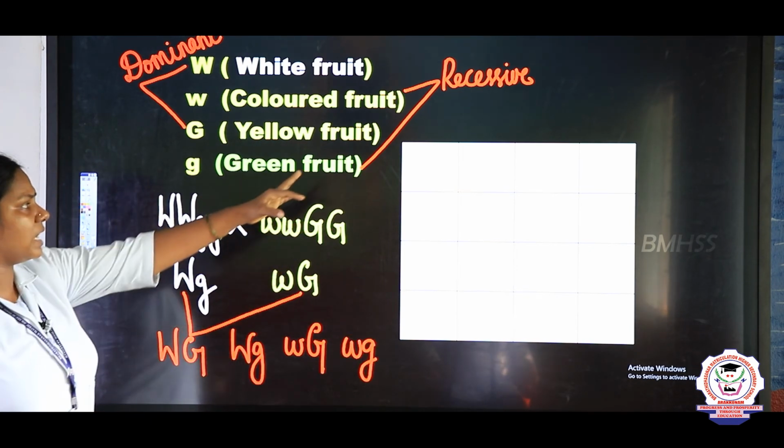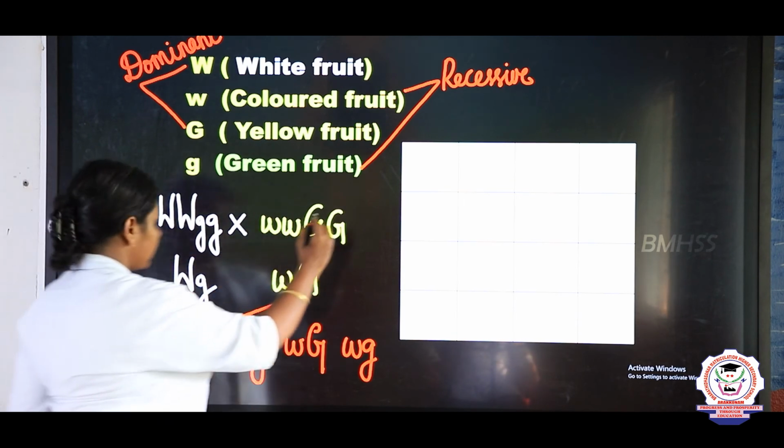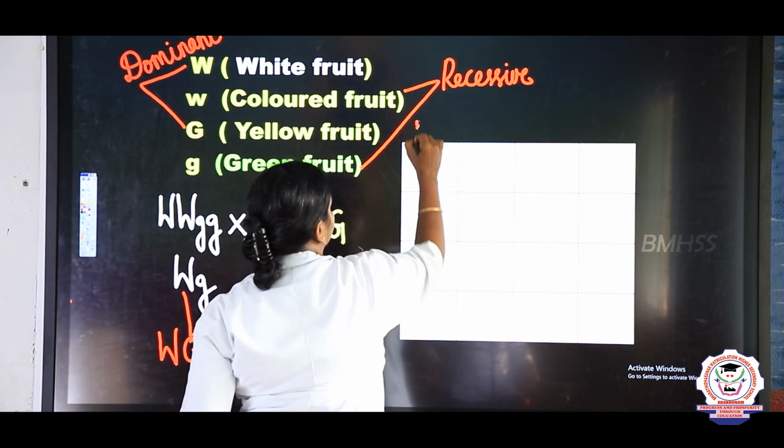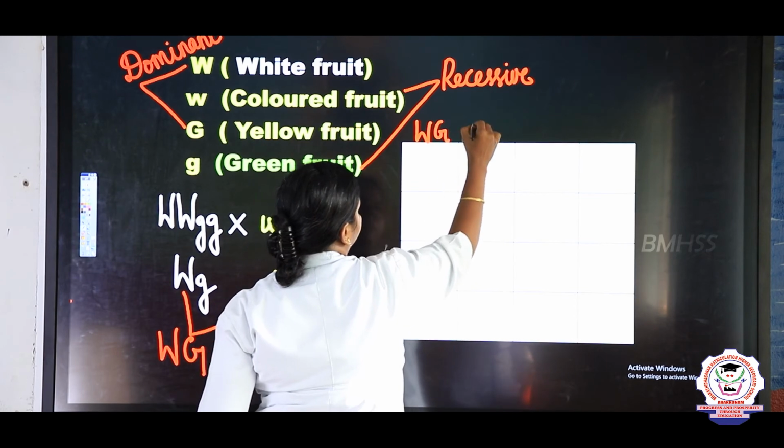So now let us see what will be the cross. What are the alleles, children? Capital G,